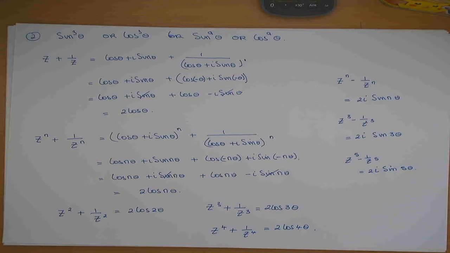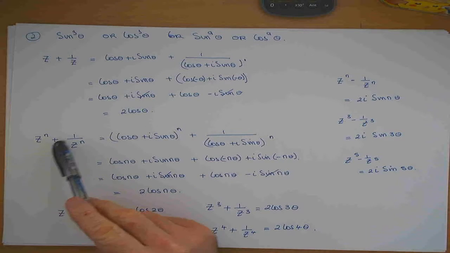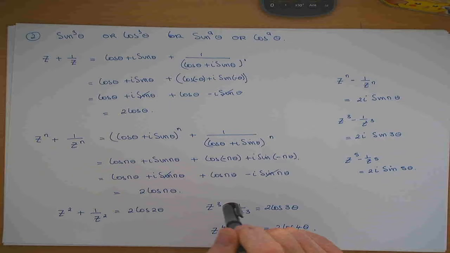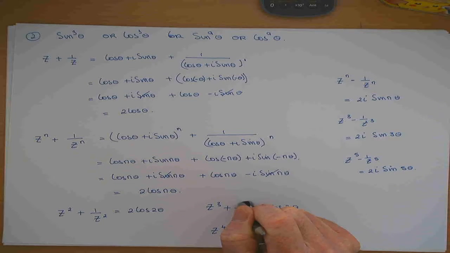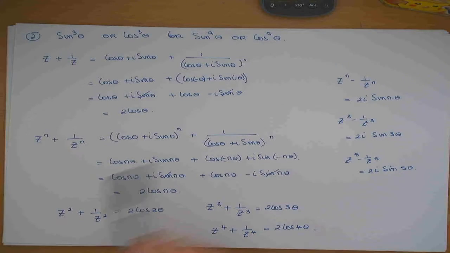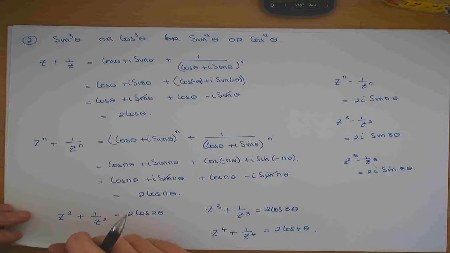So what you need to know first. Sometimes they ask you to do this little proof to show that z to the n plus 1 over z to the n is that. And you know, if I get z cubed plus 1 over z cubed, that's what it becomes. Z cubed minus 1 over z cubed, that's how it becomes. Do you understand that? To begin with. Do you want to ask me any questions? And then the question will say,